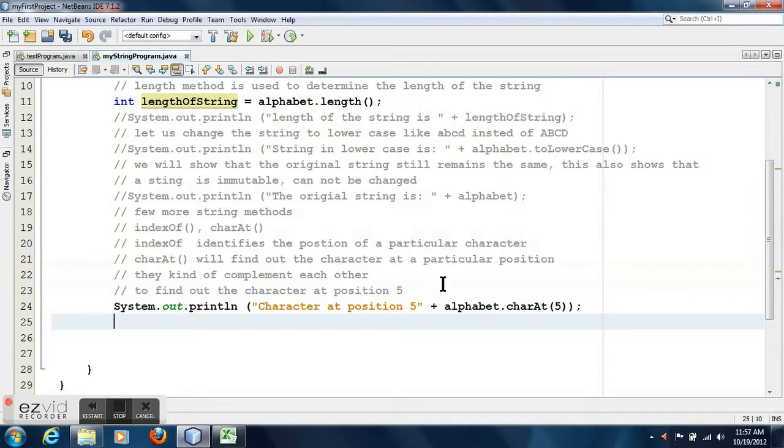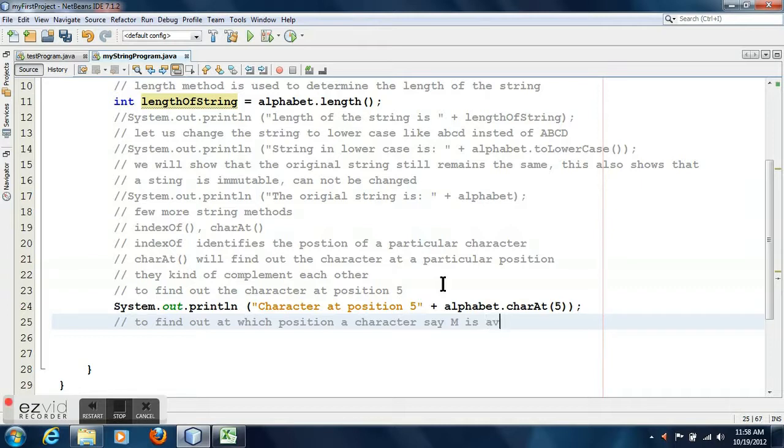There is a difference between an object and a variable. With an object you have all the methods available, but a variable is nothing but a value. So alphabet.charAt(5); the method name is charAt, and the parameter is the numeric value of the position at which the character is available.